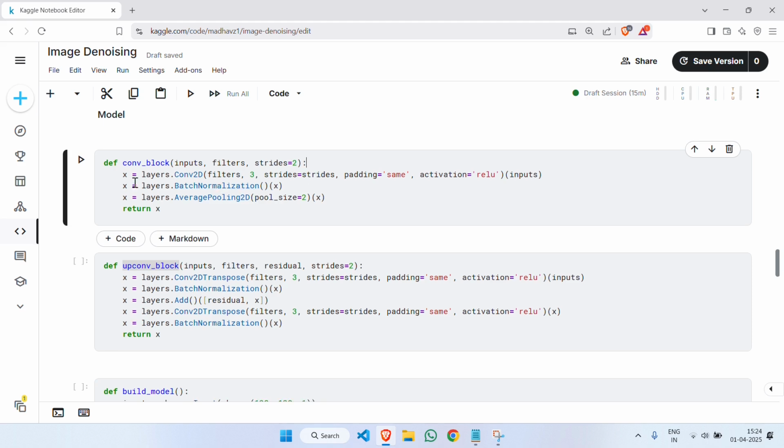So in encoder part we will have a convolution layer, I already told, and a batch normalization layer and an average pooling layer with ReLU activation function that I already explained when I was explaining about the architecture. So let's run this,